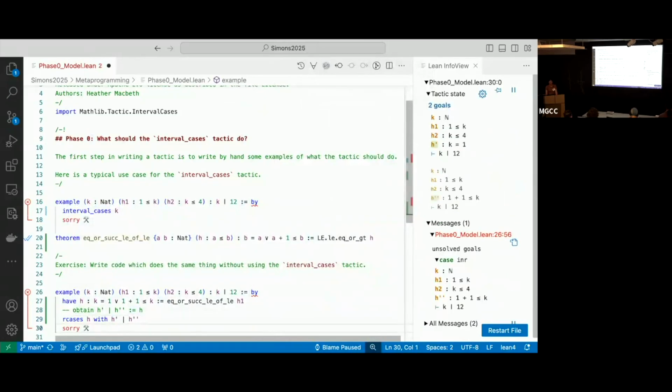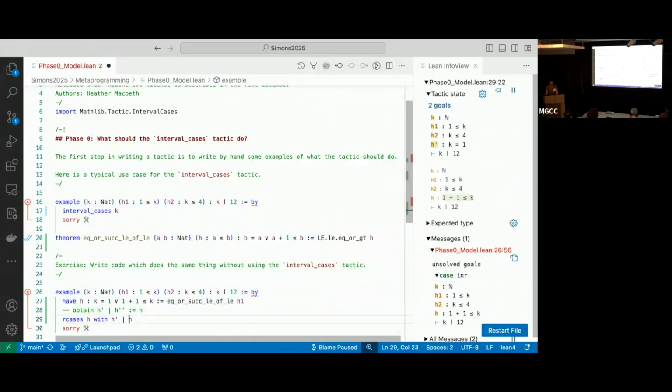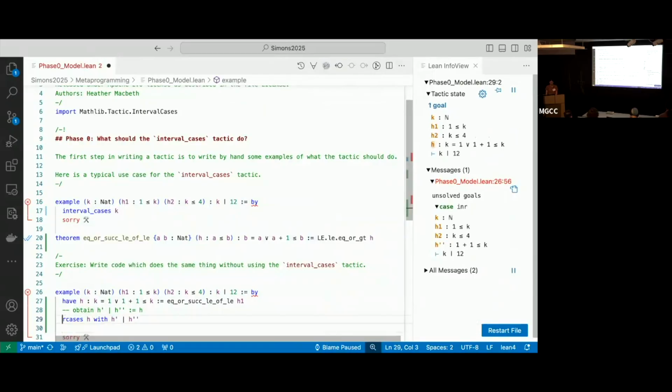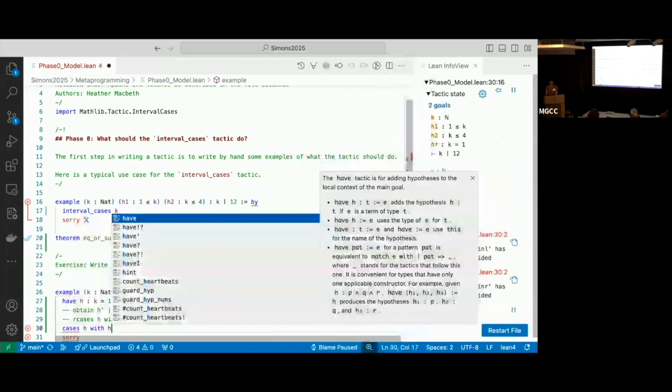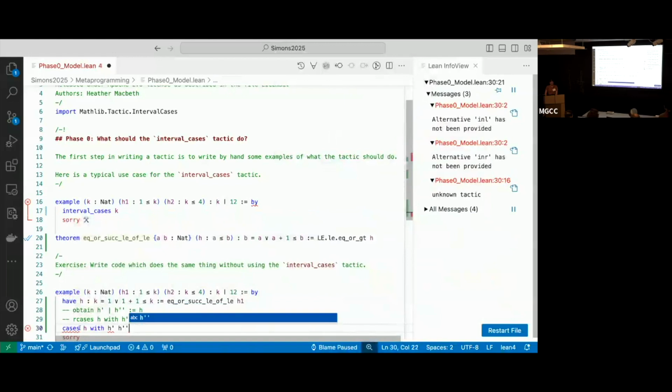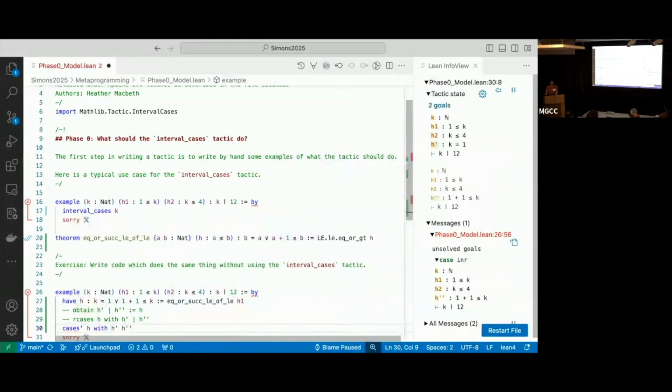Can you do? It is not. I could keep calling them all h if I wanted to, for example. And then there was a suggestion I use cases, so let me try that way. Cases h with h primed, h double primed. I guess that's cases primed. If I want to do cases, I think the syntax is like